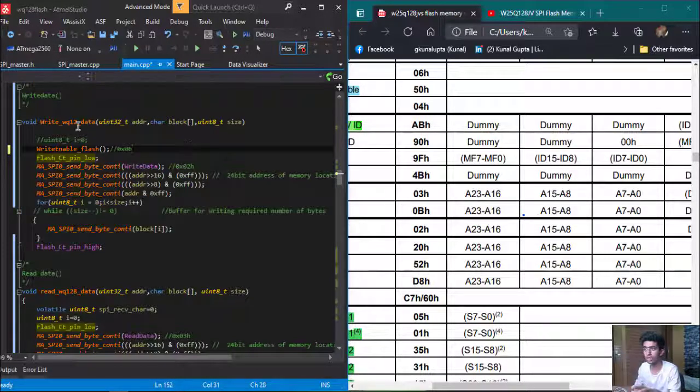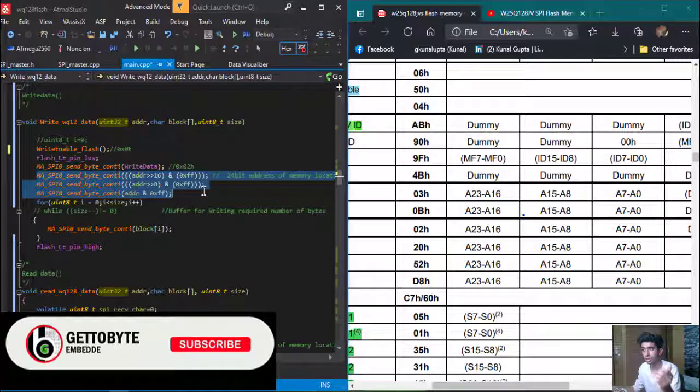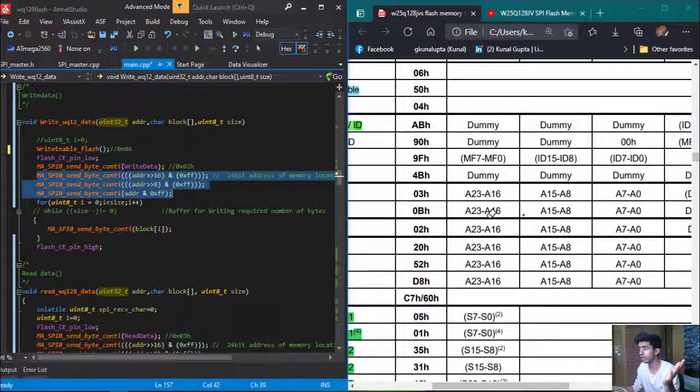The function which I have created is in such a way that it has 3 parameters. One is specifying the size, that is, how many characters we need to read or want to write on the specified memory, and that memory is specified by this argument ADRR. That is ultimately sent to these three lines, so as to make A23 to A16 and the rest accessible.